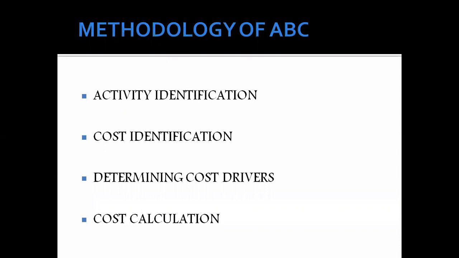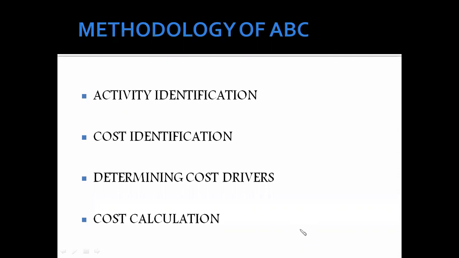So here, for example, take manufacturing a purse. First, identify what activities are involved in that: bringing raw materials, then setting up of machines, then making the product, transporting the goods, storing, all those activities. So we will identify the activities. After that, identify the cost. Some will be direct expenses, involved directly when we are using it. Some will be indirect expenses. And sometimes various amounts will be spent on small activities or overhead activities and all. Some costs will be fixed cost, some will be variable cost. So depending on that, we will have to identify the cost.